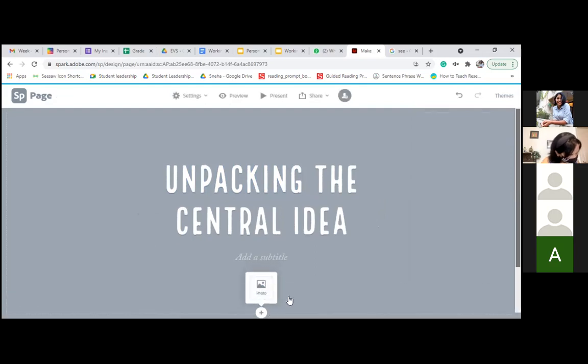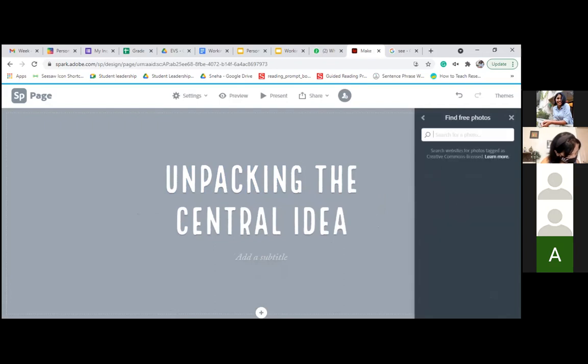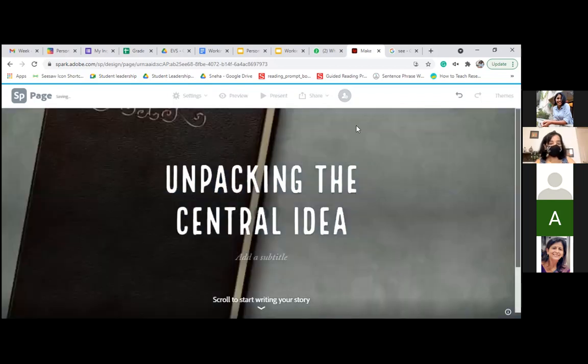So for example, if you want to add a photo at the back of this particular title page, cover page, you can select some photos from here. Let's say the new, and I pick this particular photo. Yeah, it will be added over here.